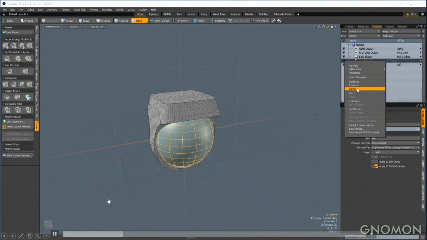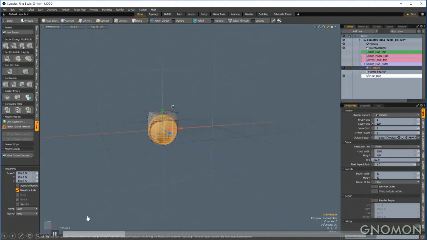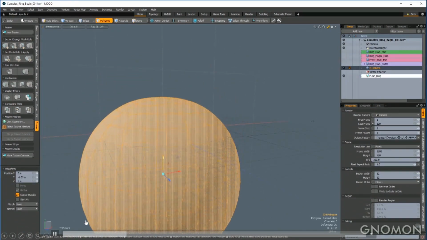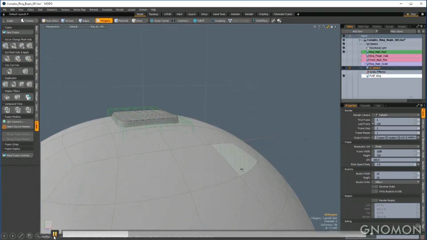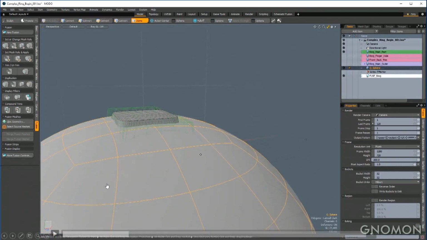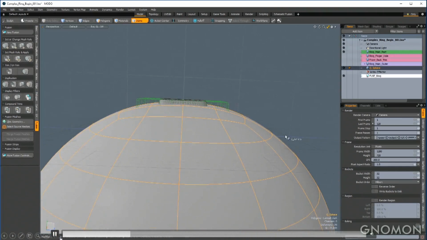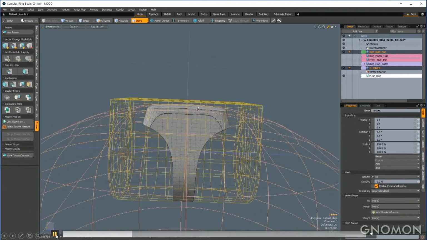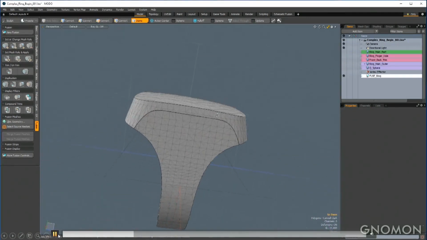I'm just going to come into the shader tree and delete the material group that comes with it just to keep everything nice and tidy. And then I'm going to select all the polygons from the sphere, scale it all the way up, and then just move it down. And since this is going to be an intersect fusion operation, everything within the sphere will be maintained, and everything on the outside of the sphere will be trimmed away. So when I left mouse button click and drag on the sphere and drop it onto the primary and choose Fusion Apply Intersect, you'll see that the top is now slightly rounded instead of being so flat.